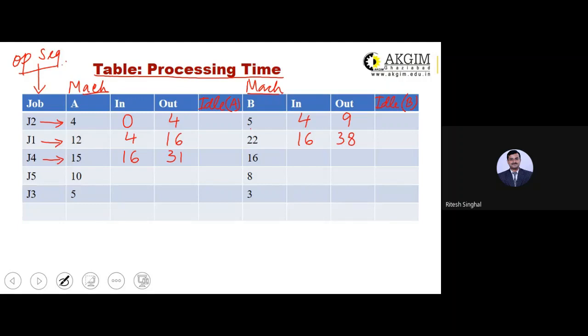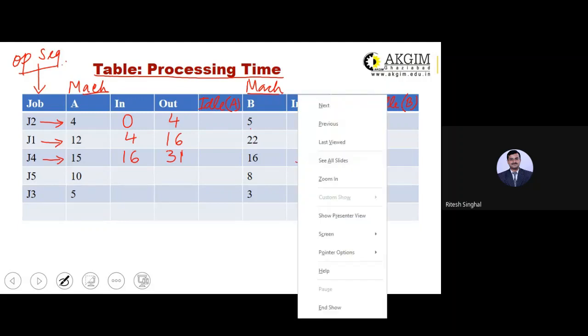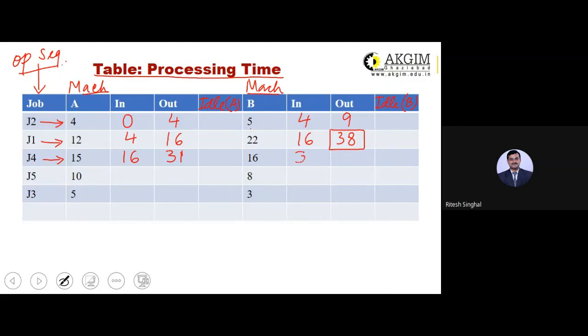Now this job is to be entered into machine B. But see carefully, since machine B is not free, machine B is engaged in the previous job. So this job J4 has to wait outside, and it is only to be entered into the machine when your clock shows the 38th hour.